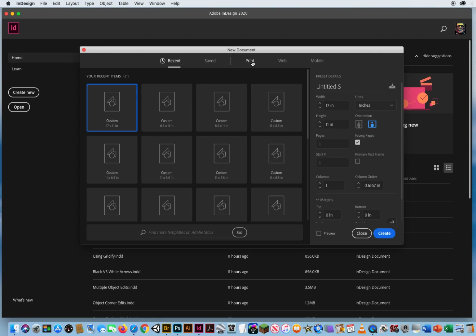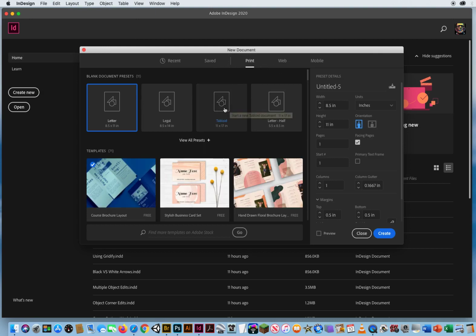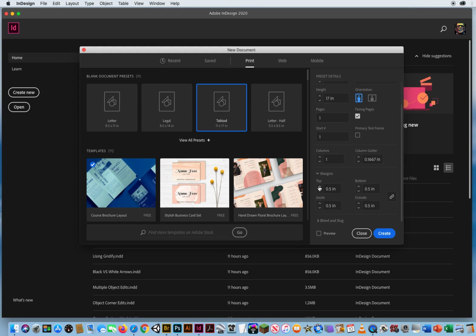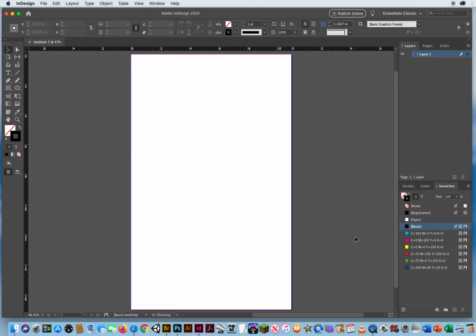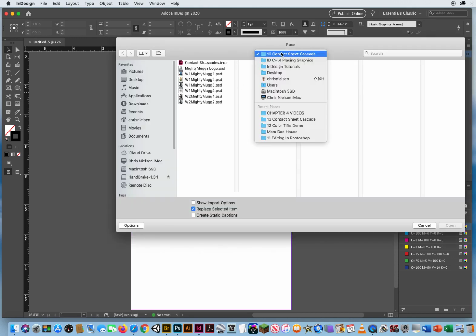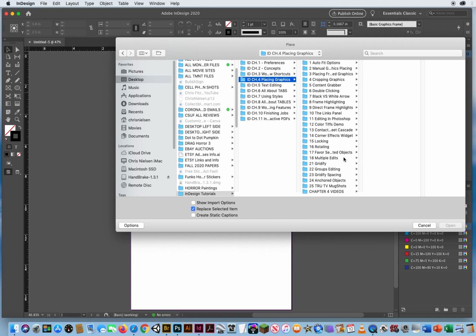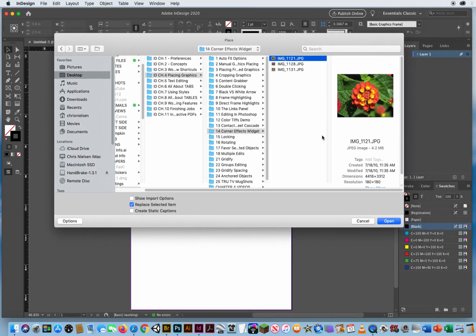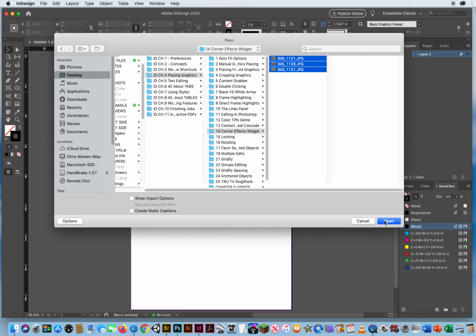I'll set up Print. Size is tabloid, and we'll keep it a vertical sheet of paper. I'm going to set my margins all down to 0, so I just get a big blank 11 by 17 sheet of paper. Okay, I'm going to hit Command D for a document. I'll go to Chapter 4, Folder 14, and I have 3 photos of some flowers here. They're horizontal, so I'm going to select all 3. Click Open,